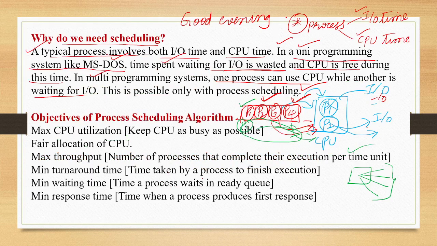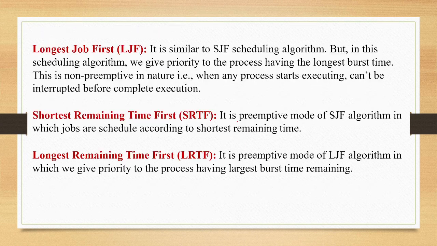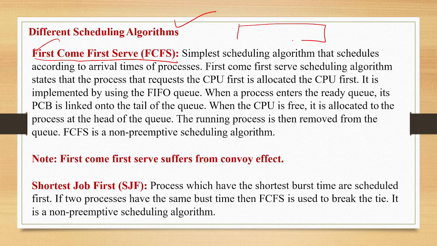See, I will tell you what are the different types of CPU scheduling algorithm. First one is first come first serve. Here, suppose processes P1, P2, P3, P4 came into the ready